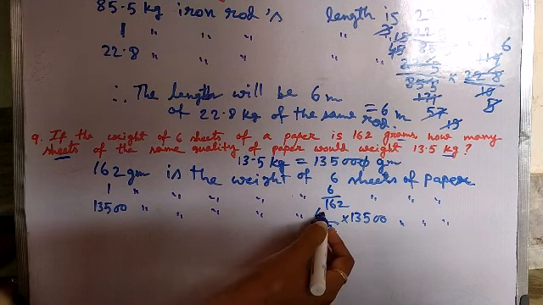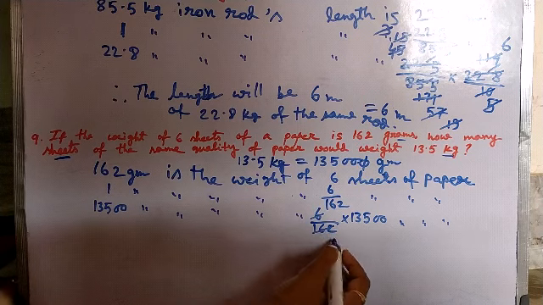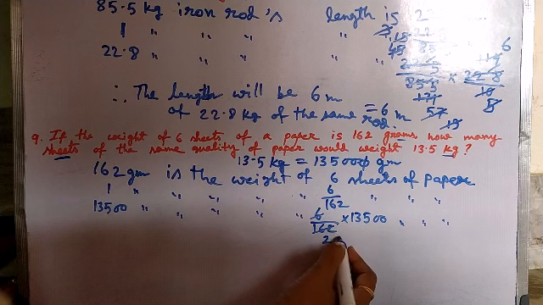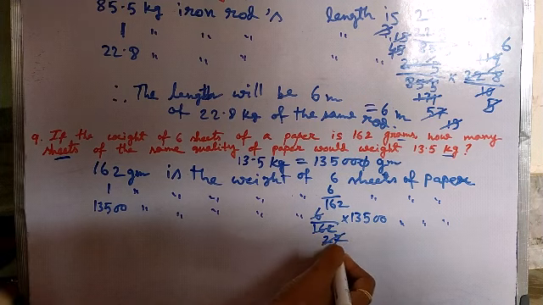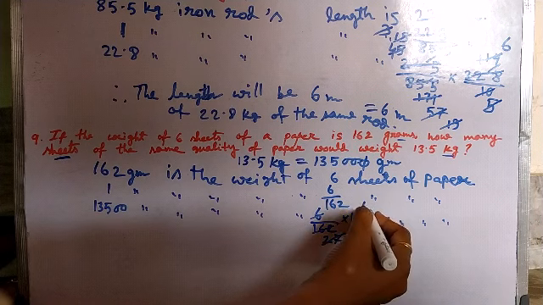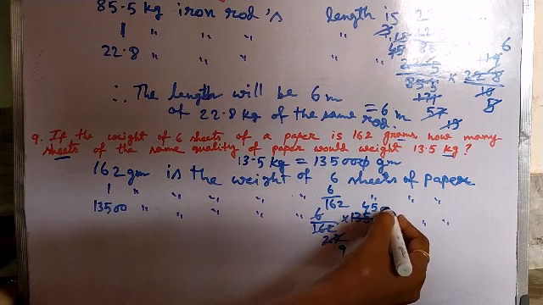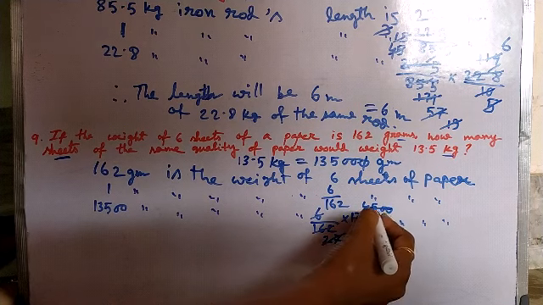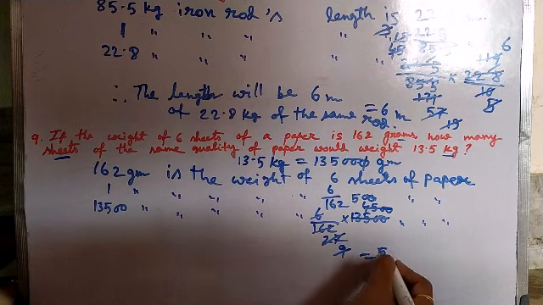By 6 we can cut it. 6 2s are 12, then 42, 6 7s are 42. Then this can be cut by 3, 3 9s are 27, and 3 4s are 12, 3 5s are 15, and then 00 by 9 it can be cut. That means 9 5s are 45 and 2 zeros. That means answer is 500